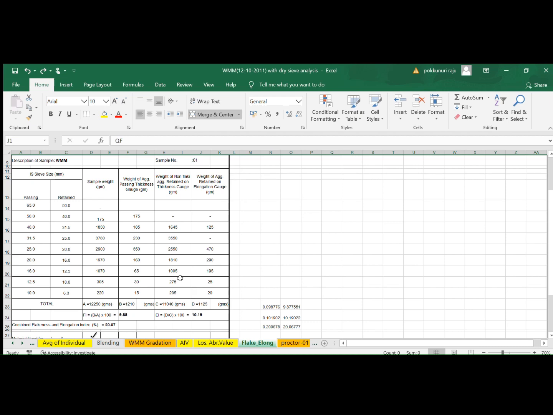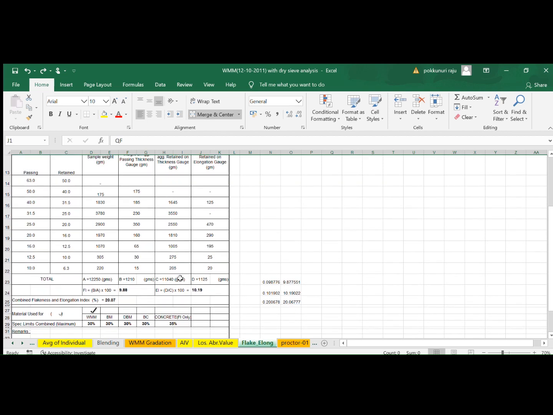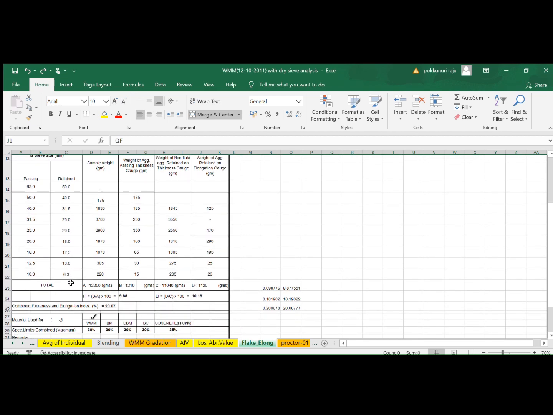Once the LAV is done, the other properties like flakiness and elongation index are tested. The same WM mix is taken and checked for flakiness and elongation values. The flakiness value in this case works out to be 9.88, the elongation is 10.19, and the combined flakiness and elongation is 20.07, which is less than the specified limit of 30% for WMM.